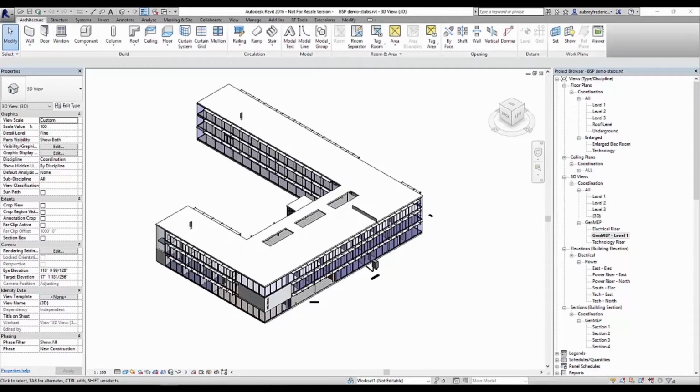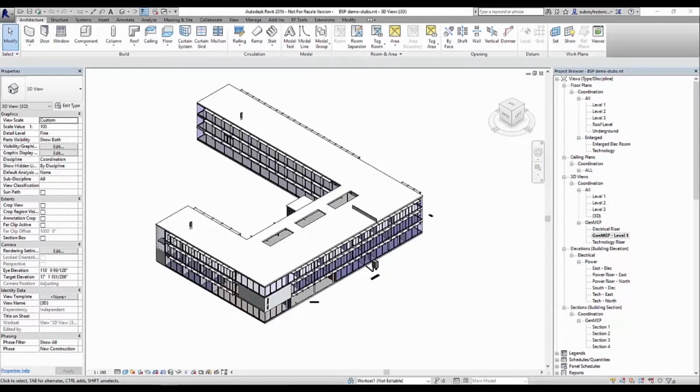I'm coming from the perspective of pre-coordination and setting up your project with the wealth of information that we receive before we even start to model. So there are some cool things you could do with that information in regards to setting up your workflow to use the GenMEP plugin from BuildingSP. I just wanted to show you some of the ways that I would use this tool, and definitely would